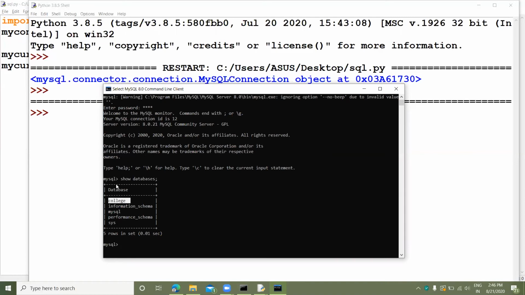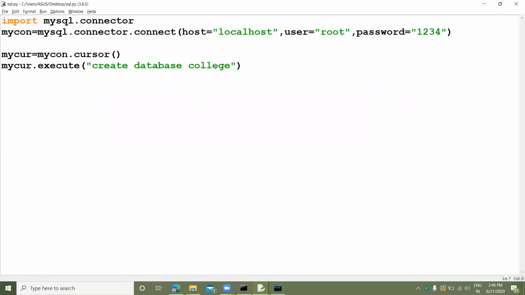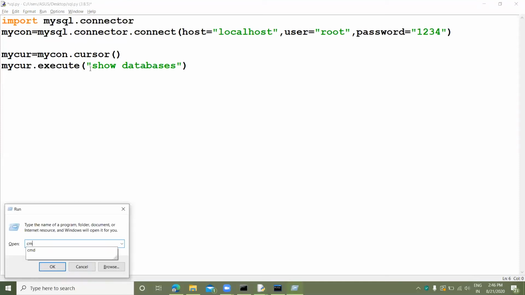So this is the way to see it in the command line, but how can you see it using a Python program? So let's make the program for that. Just remove this. Now we have to use a loop for extracting all the database names. Why should we use a loop?